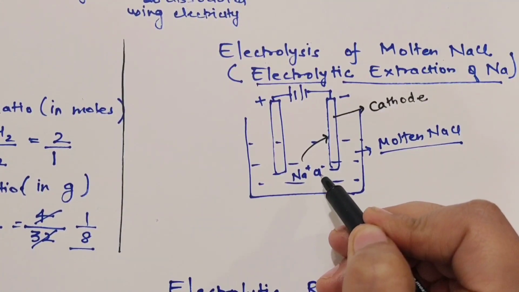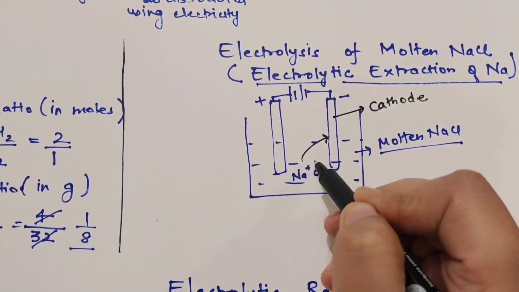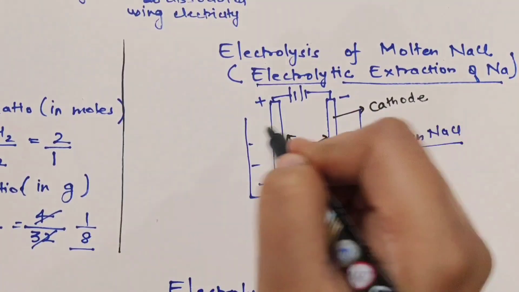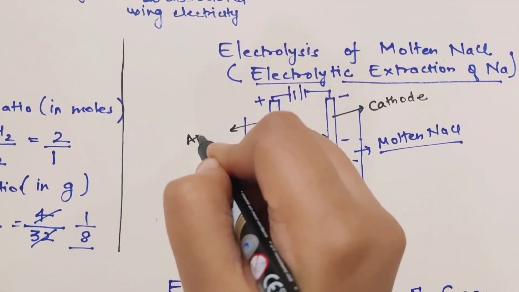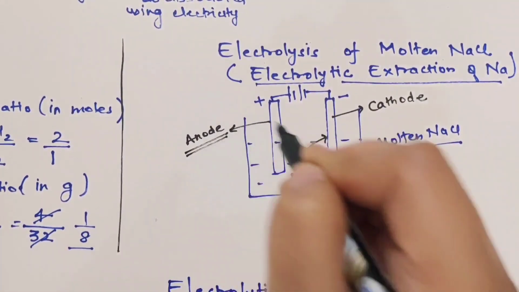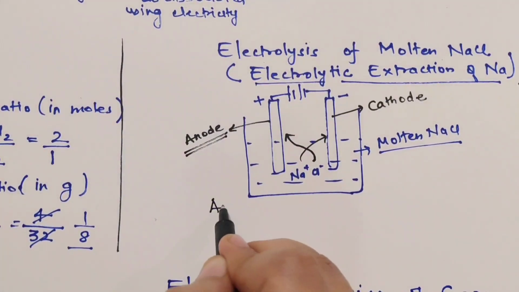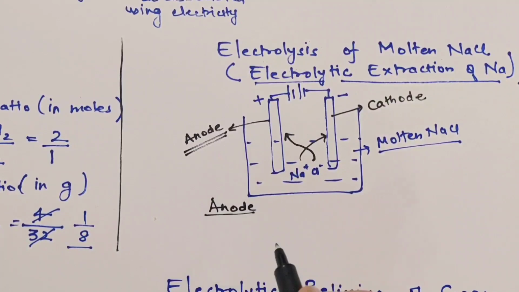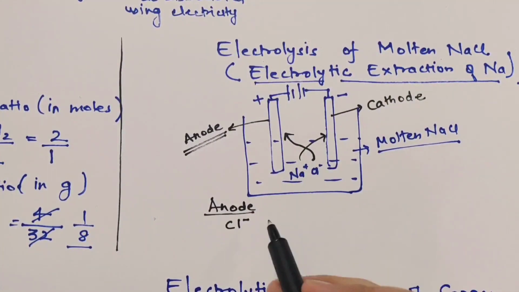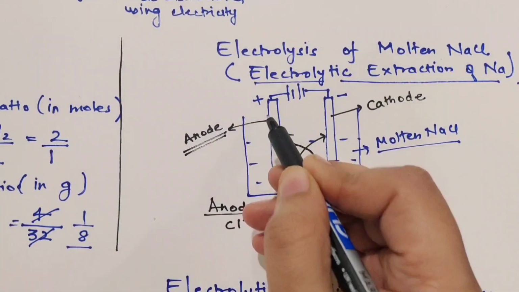Chloride ion is an anion, so it will go to the anode. So this positive electrode becomes your anode. Okay, reactions are also very simple. At anode, anion goes. Anion will lose its electron to the positive electrode